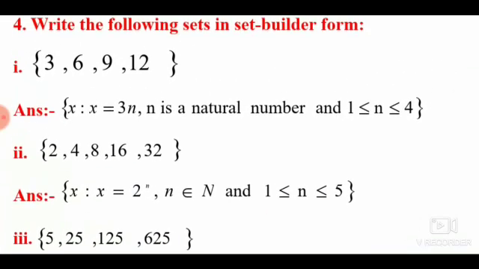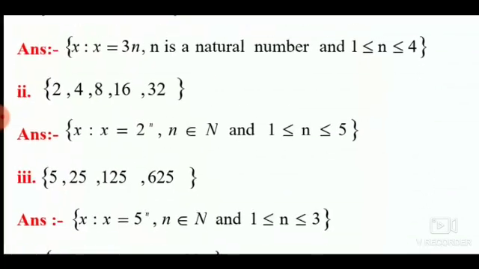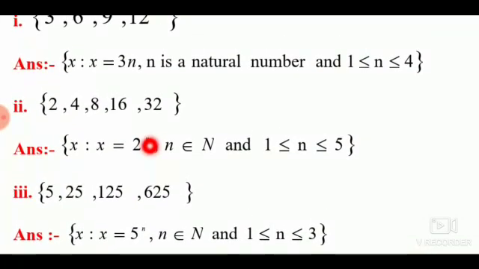If I take n equal to 1, then 2 raised to 1 is 2. If n is 2, 2 raised to 2 is 4. If n is 3, 2 raised to 3 is 8. If n is 4, 2 raised to 4 is 16, and if n is 5, 2 raised to 5 is equal to 32. That's why the condition given here is n is greater than or equal to 1 and less than or equal to 5. The meaning of the equality sign is that these two boundary elements are inclusive, they are not excluded.